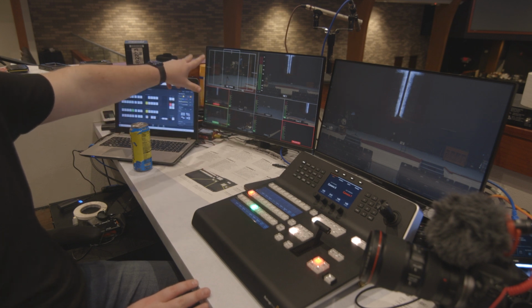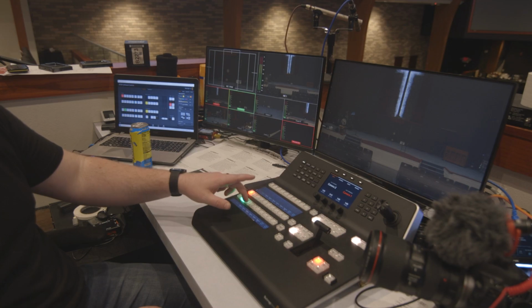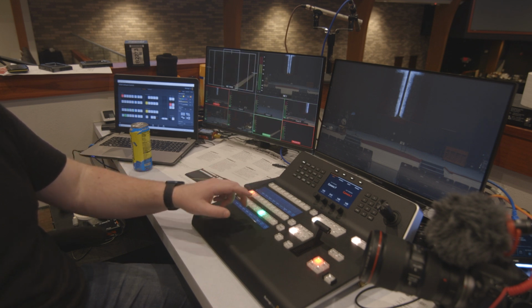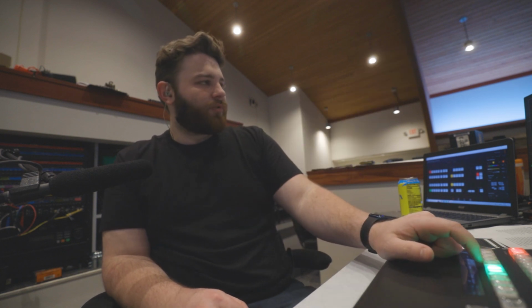In your top left corner, you have your preview window, which just shows you what is previewed on your bottom row here. When you switch your preview, that changes to whatever your preview is on the bottom line. So when you are setting up your shots, figuring out what shot you want to use next, this is how you'll do that. You'll have whatever shot is live going, and you will take a look through and say,